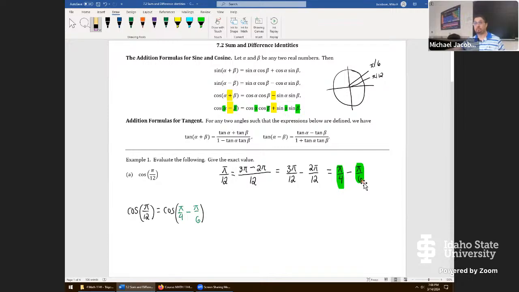So if this is a real exam 3 question, I would provide this as a hint again. For the homework, if you get stuck, don't hesitate to email me. I'll be very happy to discuss the problem on how to break up the angle. But once we get here, notice we have cosine, two angles with a minus. That means we're taking a look at that identity. And here's the strategy that helps a lot with memorization, and it helps a lot with just getting through it in an efficient way. Write out this entire thing, but where alpha and beta are, just put a placeholder, just an ordinary blank. So I'm going to go cosine with a blank,